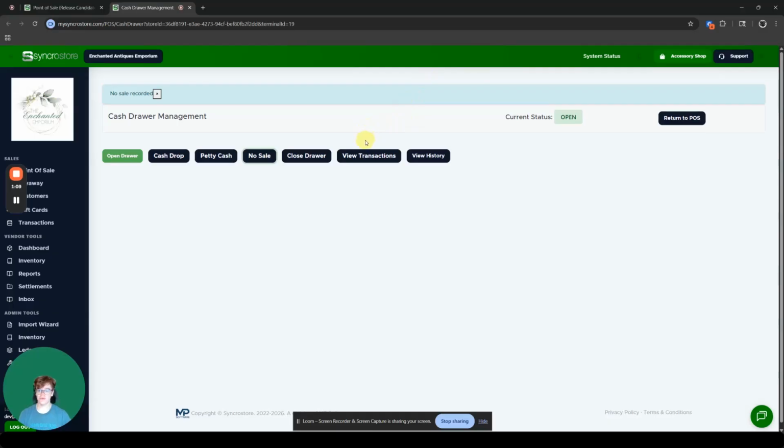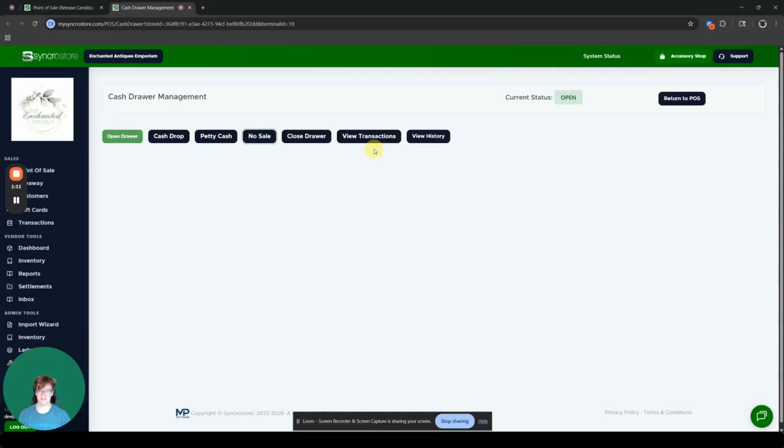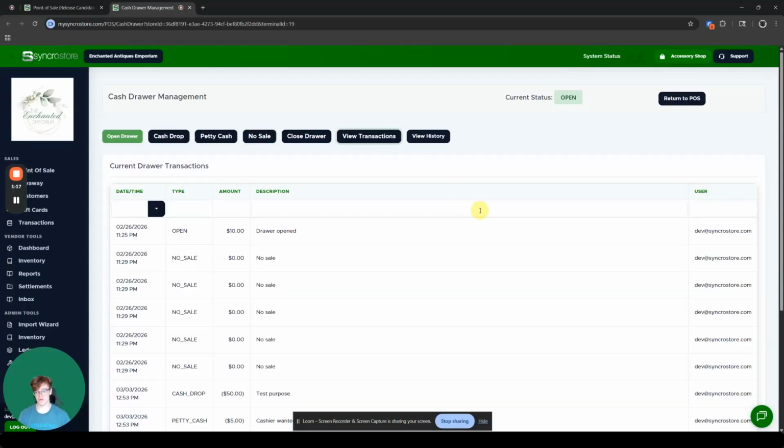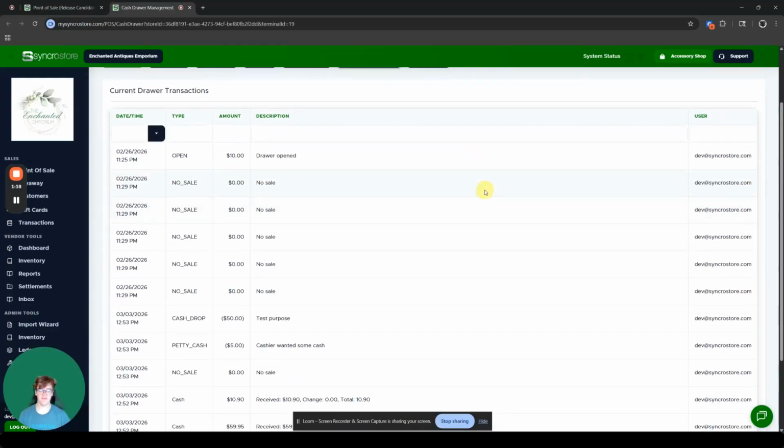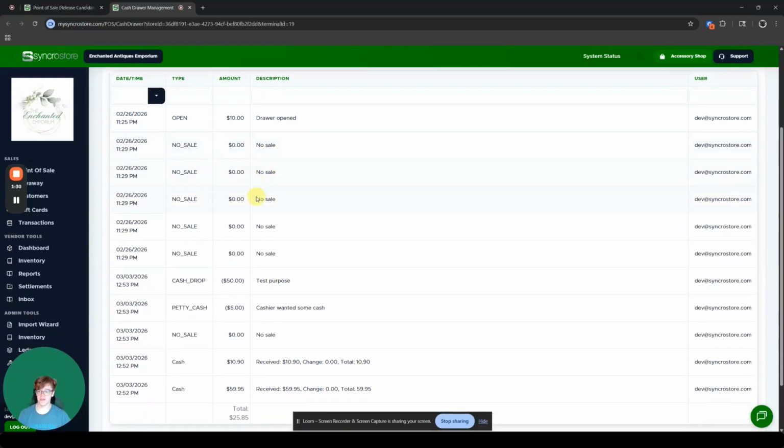And then in order to view all the transactions and all the various things that are operated on the cash drawer, you can click on this View Transactions button, which will take you to this page with a drop down with everything associated with the cash drawer, as well as the user that it was performed by, which is the current logged in user. And you can see at the very start, it was opened and all the no sale transactions